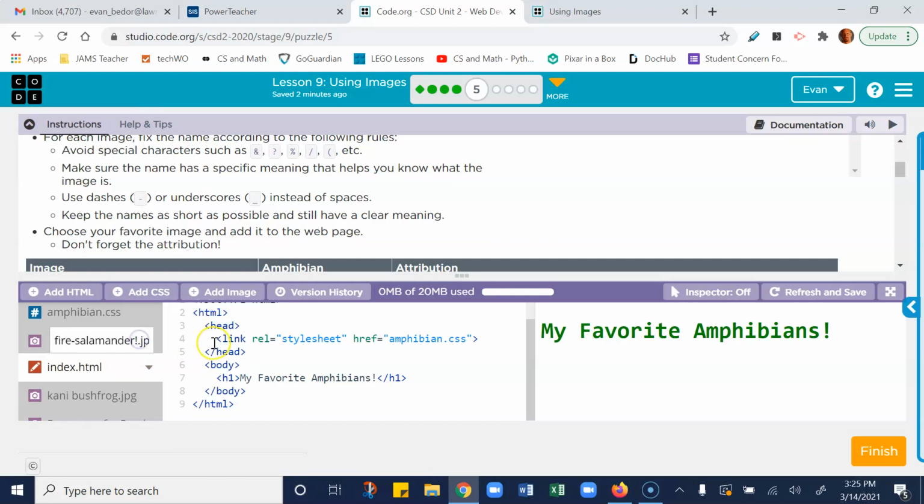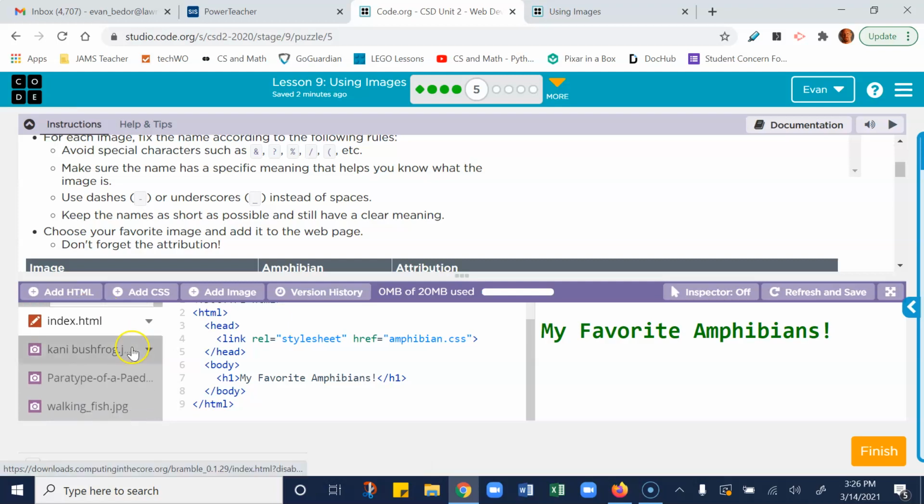Let's rename fire salamander. Okay. I'm going to delete the exclamation mark and I'm going to make that an underscore. Keep it consistent. Okay, this one, Connie bushfrog. You want an underscore between Connie and bushfrog. And paratype